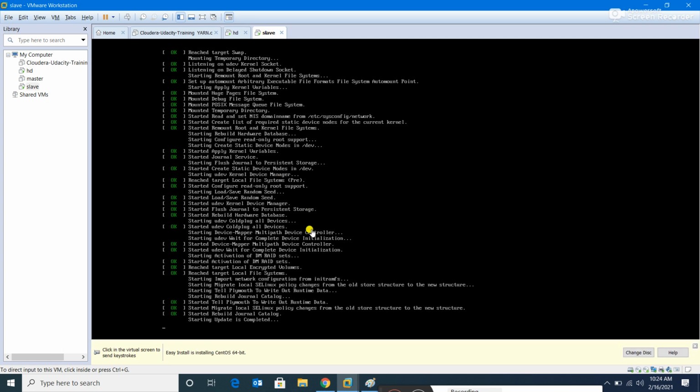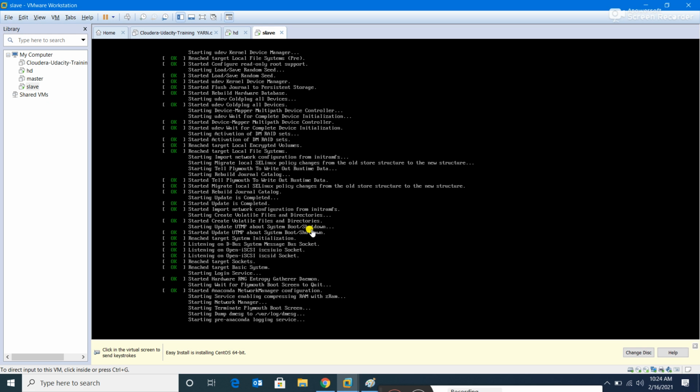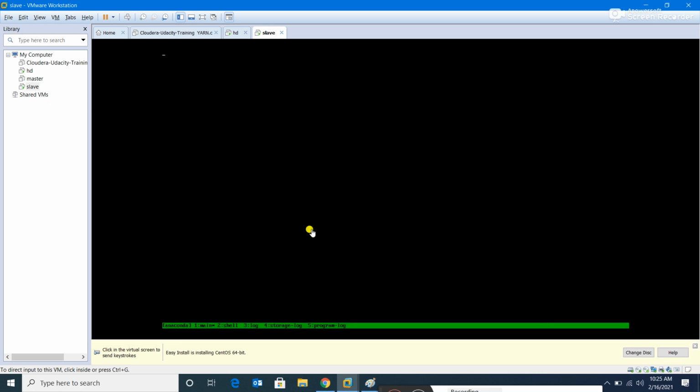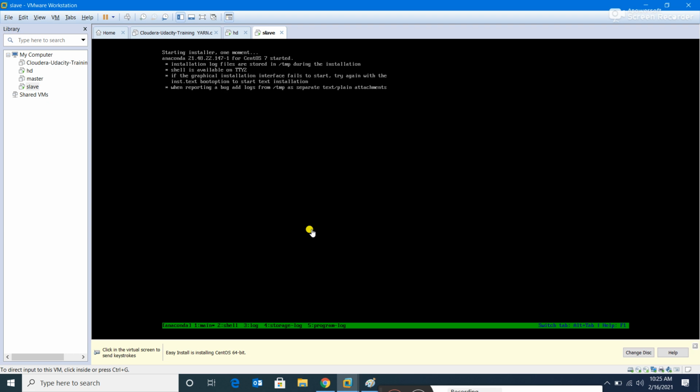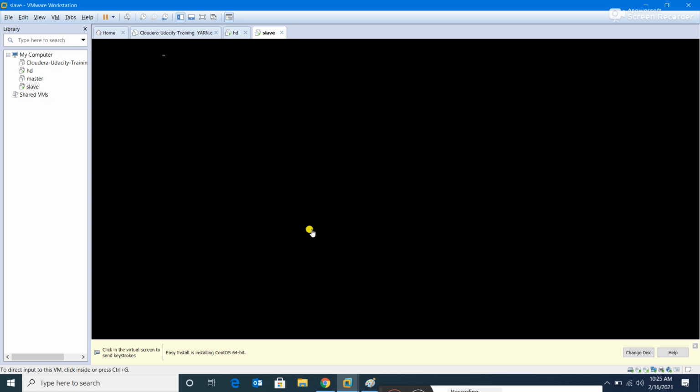The host name also plays an important role, because we will be configuring the /etc/hosts file and the /etc/hostname file with the host name, so that the machine is clearly identified by the host name itself. We need not remember the IP addresses all the time. Whenever you have to change an IP address, you need to change it at one location only, and at all the rest of the places you can use the host name. That makes it easy, because wherever required you can use the host name instead of the IP address, which is difficult to remember.